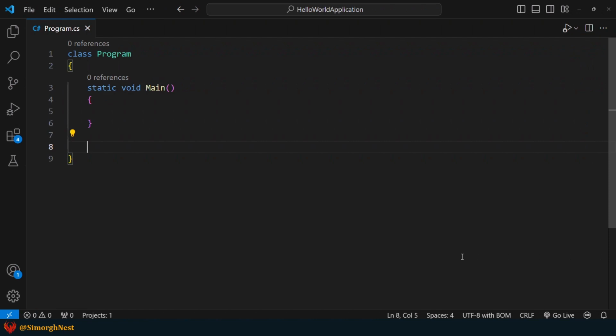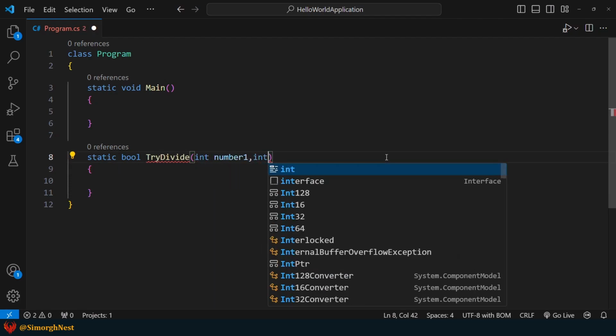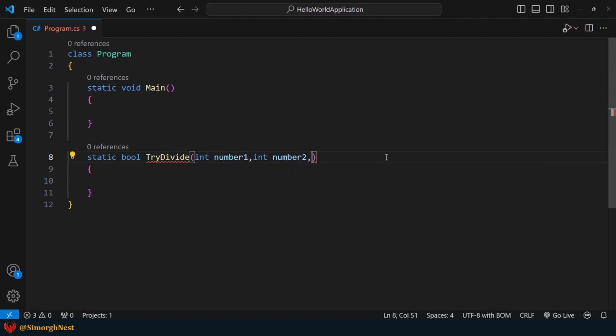Let's begin by creating a method for dividing two numbers. We name this method try_divide and it returns a boolean value. The try_divide method will take three int parameters. Let's make the result parameter an out parameter.